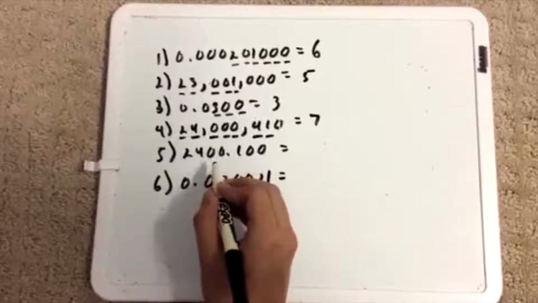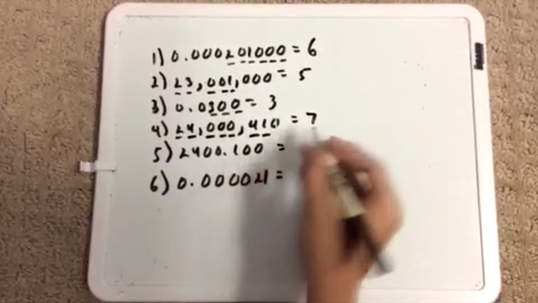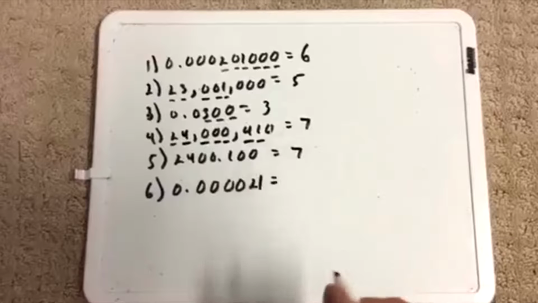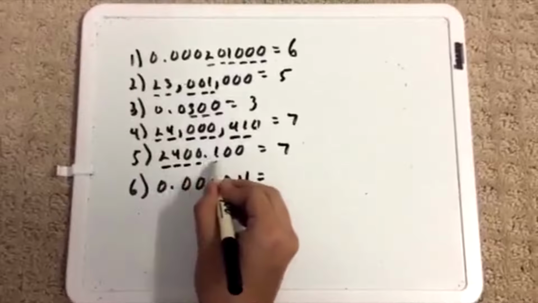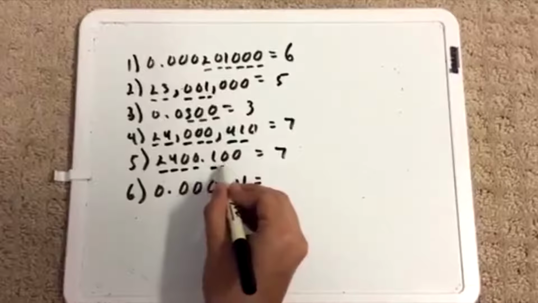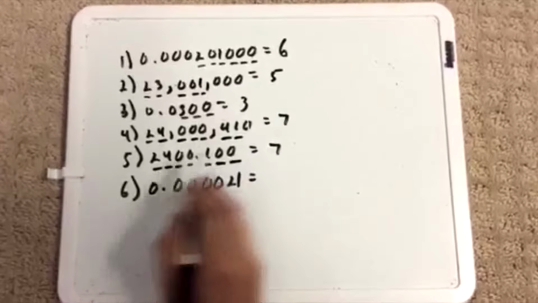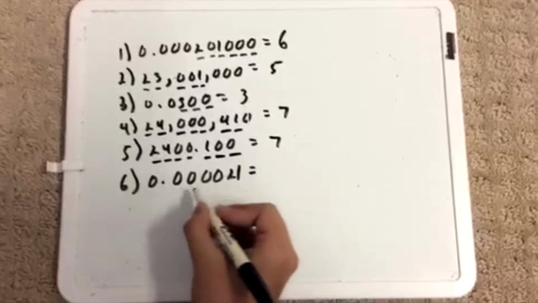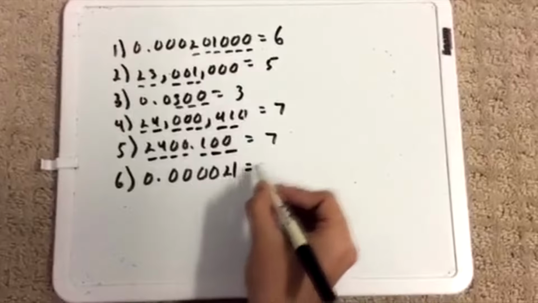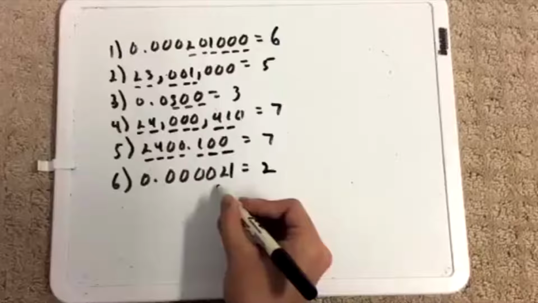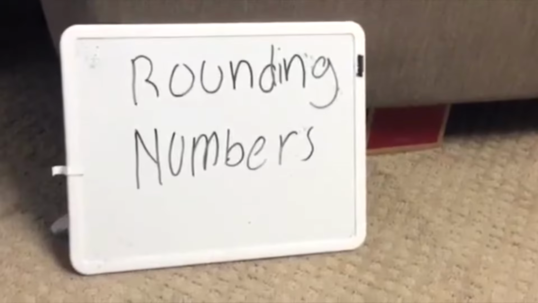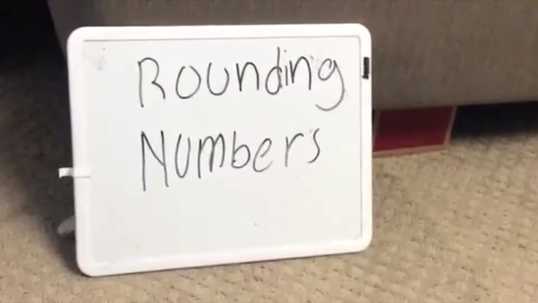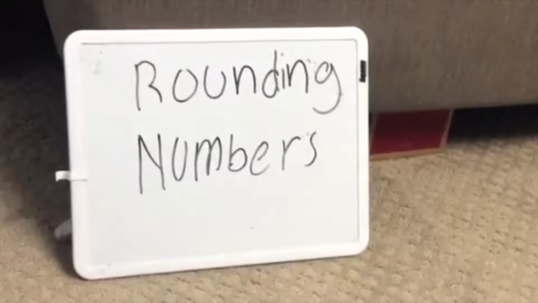For number 5, there will be 7 significant numbers: 2, 4, 0, 0, 0, 1, 0, 0. Number 6 will only have 2 significant numbers, 2 and 1. So now that you got the hang of that, let's see how you can apply this skill to